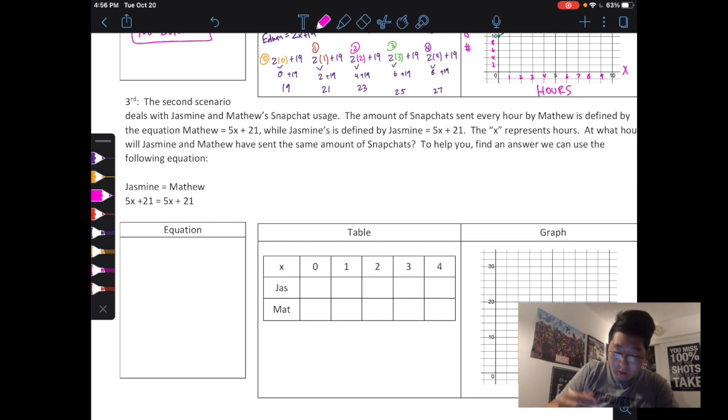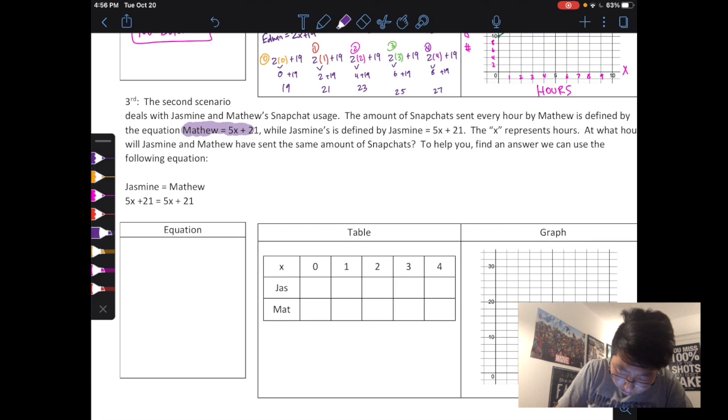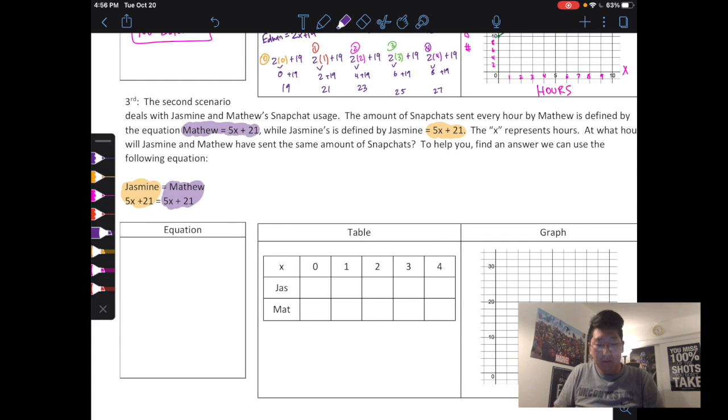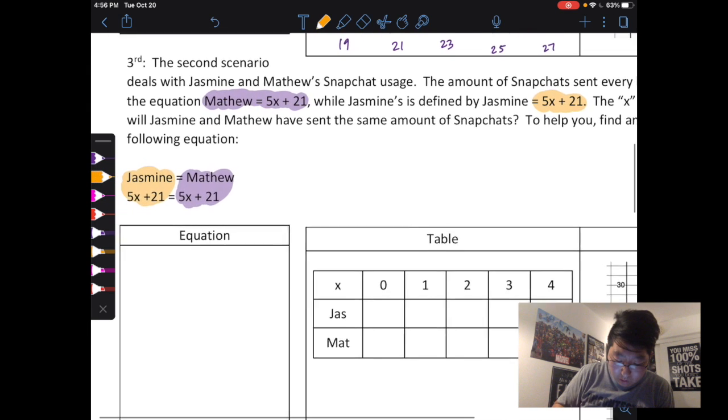So we're going to do the same thing. I'm going to go ahead and highlight Matthew's in purple, and I'll highlight Jasmine in pink. Oh, that's funny. Matthew comes first in the text, but second in here. All right. So they equal each other. The concept is still, when will they send the same amount of Snapchats? And so let's look at Jasmine. Let's look at Jasmine. So her equation is